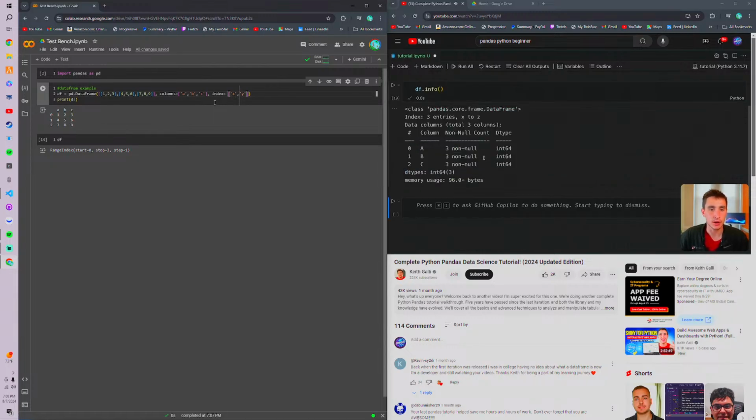Other useful things to know about a data frame right out of the box: we can do df.info to see information about our data frame. We see right now that we have 3 different columns. They're all int64 types. That means they use 64